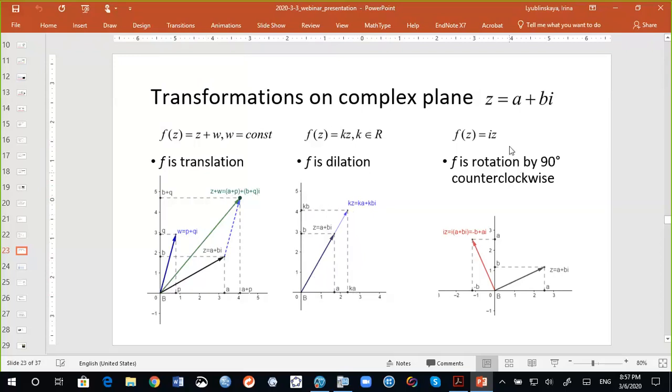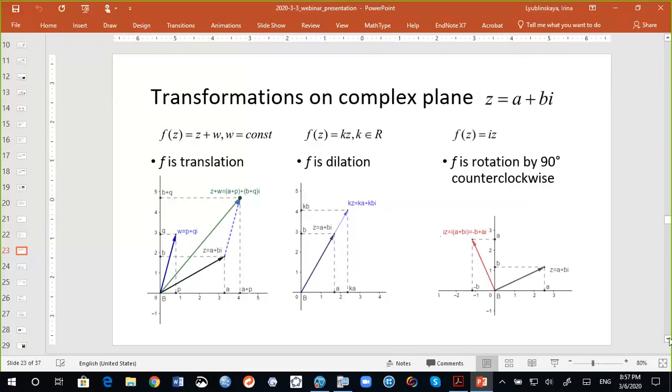Now, the interesting things happen when we multiply a complex number by i. So if we multiply i and find iz and multiply it through, we will get ia plus bi squared, and i squared is negative 1. So we get minus b plus ai. So let's take a look. If I graph this vector, minus b is right here, the real part, and a is right here, my imaginary part. So this is my vector, and we can see from, again, similarity, congruence of two right isosceles triangles, that this is exactly a 90 degree rotation counterclockwise. So operations with complex numbers could be thought of as transformations on complex planes.